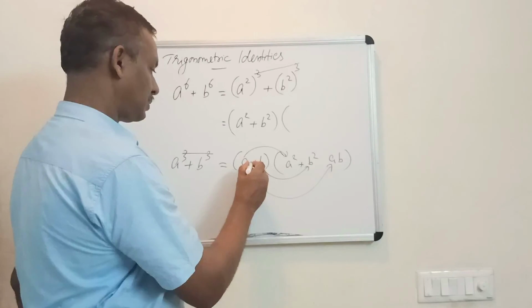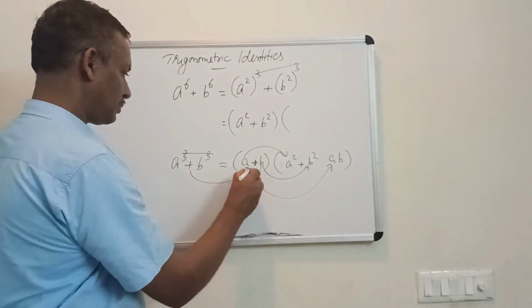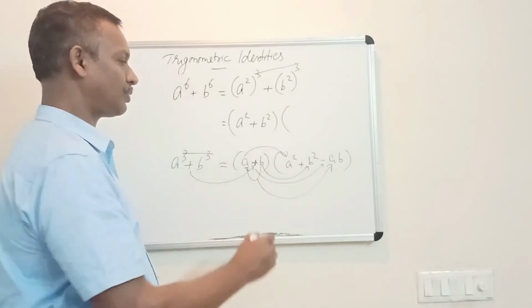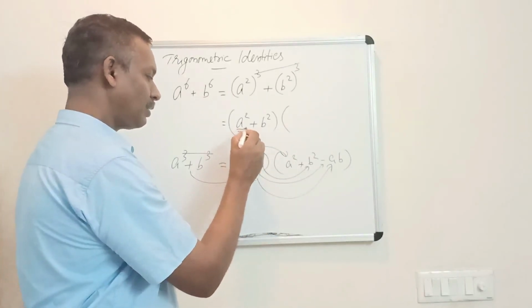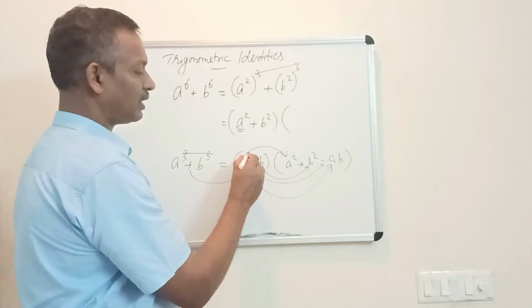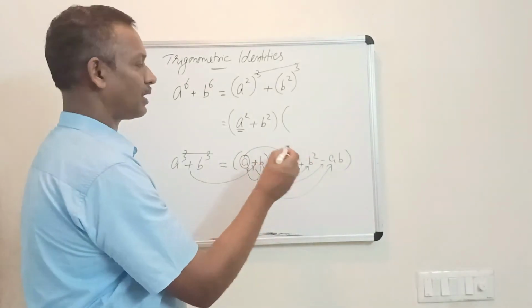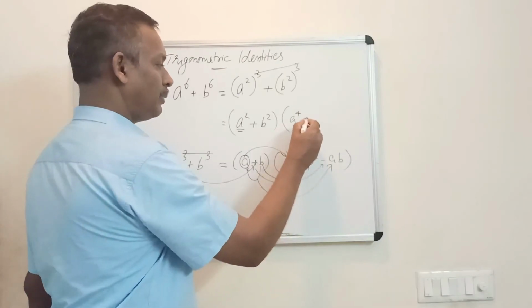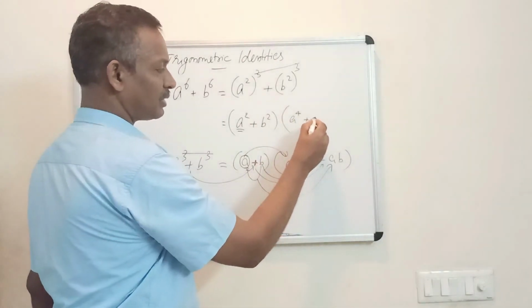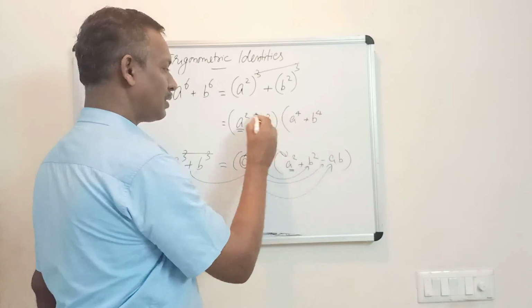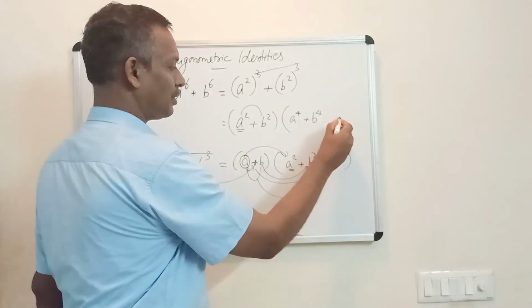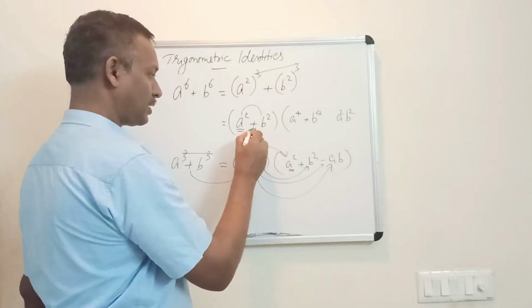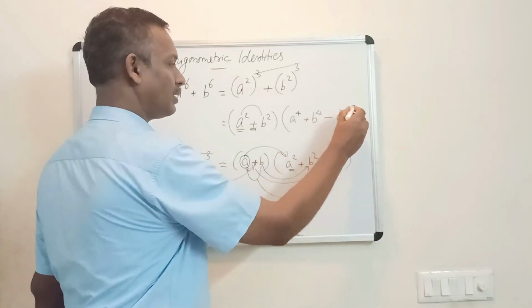But here it is plus sign because the given one is plus. Its opposite sign you have to put here. The same thing you have to follow. Here it is a square. Whatever is the first term of the first bracket, its square should be the first term in the second bracket. So a square, it will be a raised to 4. And b square will be the second term in the second bracket, b raised to 4. Then you multiply these two and write a square, b square. As this first bracket is positive, a square, b square will be negative.